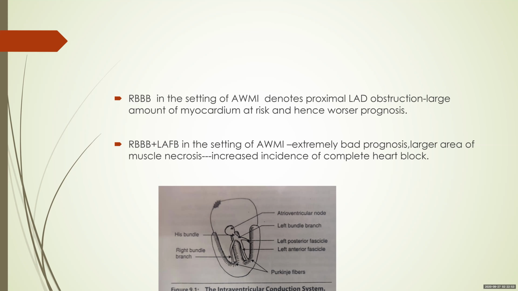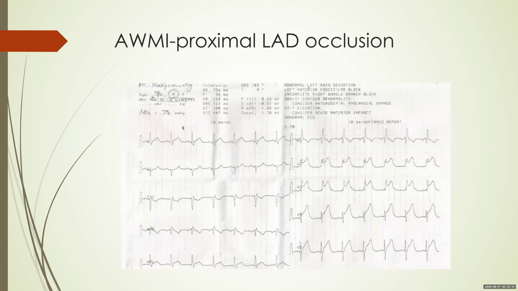Complete heart block in the setting of an inferior wall MI usually starts as a first degree heart block, progresses to a second degree heart block, then progresses to a third degree complete heart block. Invariably it always recovers. The recovery is also in the opposite order. It goes into a second degree AV block, then a first degree AV block, then sinus bradycardia, and then returns to normal.